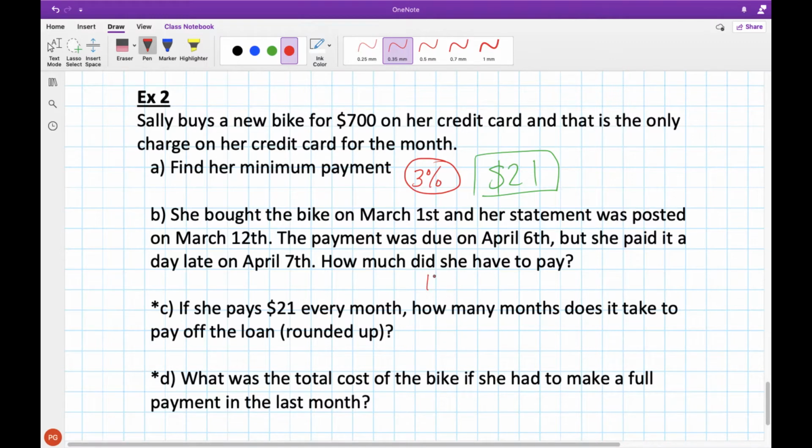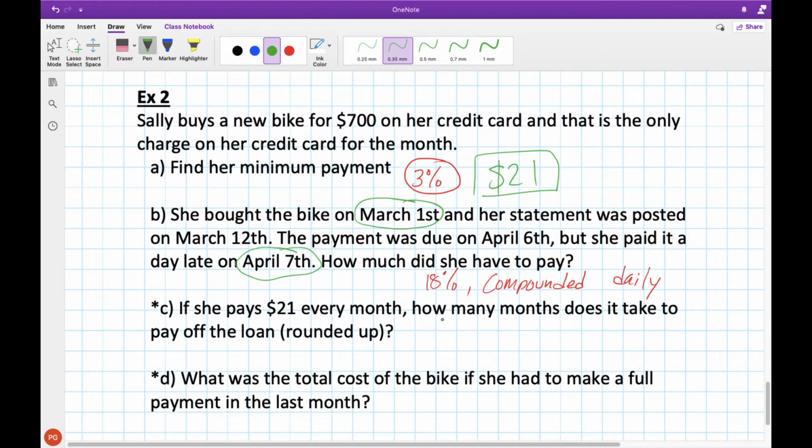The book uses 18% per year, and all credit cards compound daily. When you're late for a credit card payment, they don't just calculate 1 day of interest here. So if we're 1 day late to pay it, it's not 1 day of interest. They calculate the interest from our date that we purchased it all the way to the date that we actually